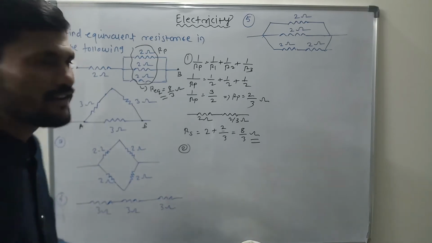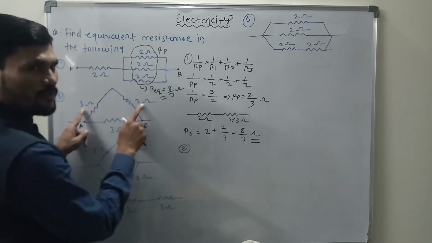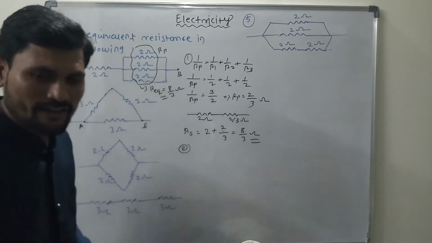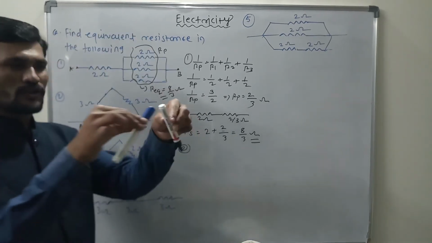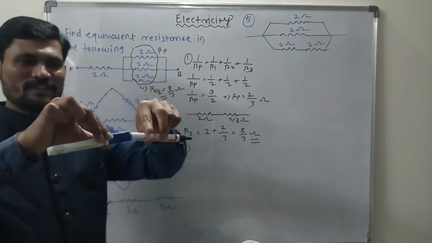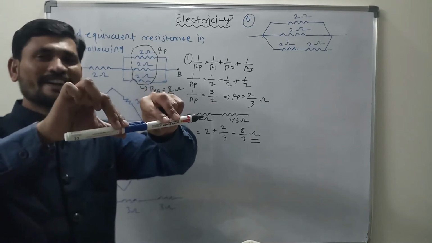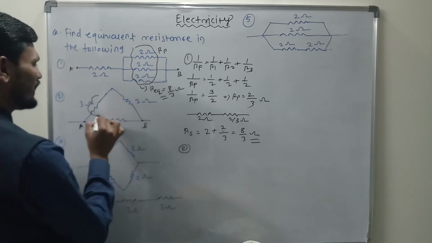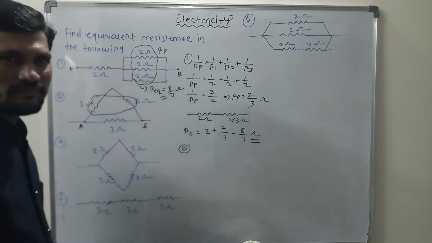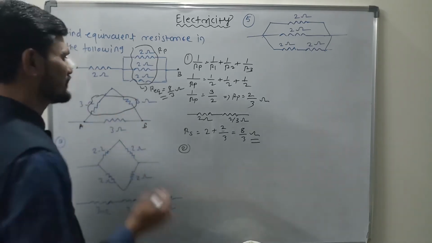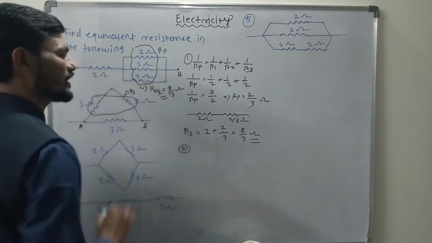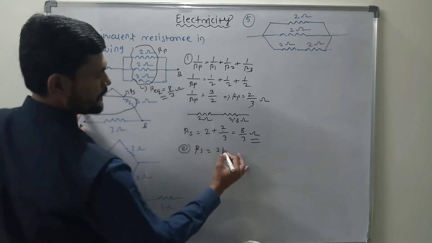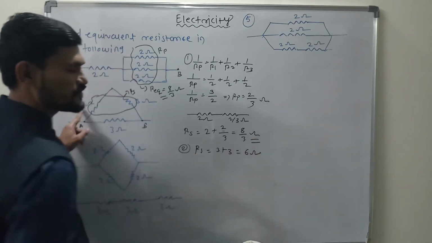We have to see that. So then 3 ohm and 3 ohm, how are they connected? They might look like parallel, but they are not parallel, right? Suppose this is how these two resistors are connected, but when I redraw them like that, how are they now? They are in parallel. Clear? So this 3 ohm and 3 ohm, are they in parallel? Sorry, in series. So then we must calculate RS. RS is equal to 3 plus 3, how much? 6 ohm.